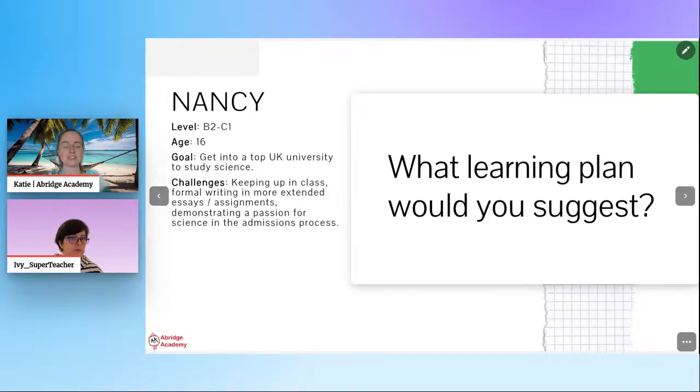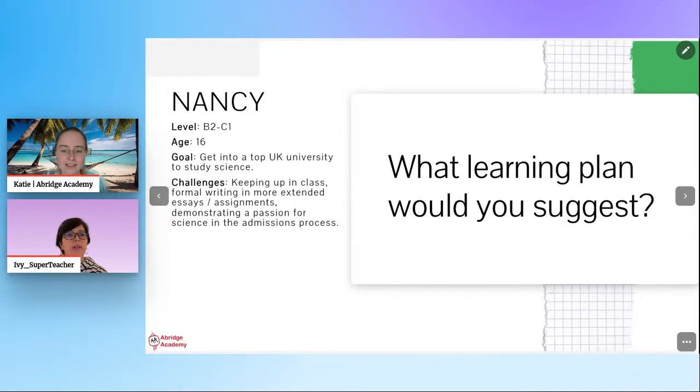I studied science at university. I did a, what's the word? PGCE. That's the word. English is escaping my brain today. I've been talking too much. My PGCE, my teacher training, was in teaching science originally. So this was very much something that I had more of a background in, and therefore was kind of well positioned to support this kind of student.